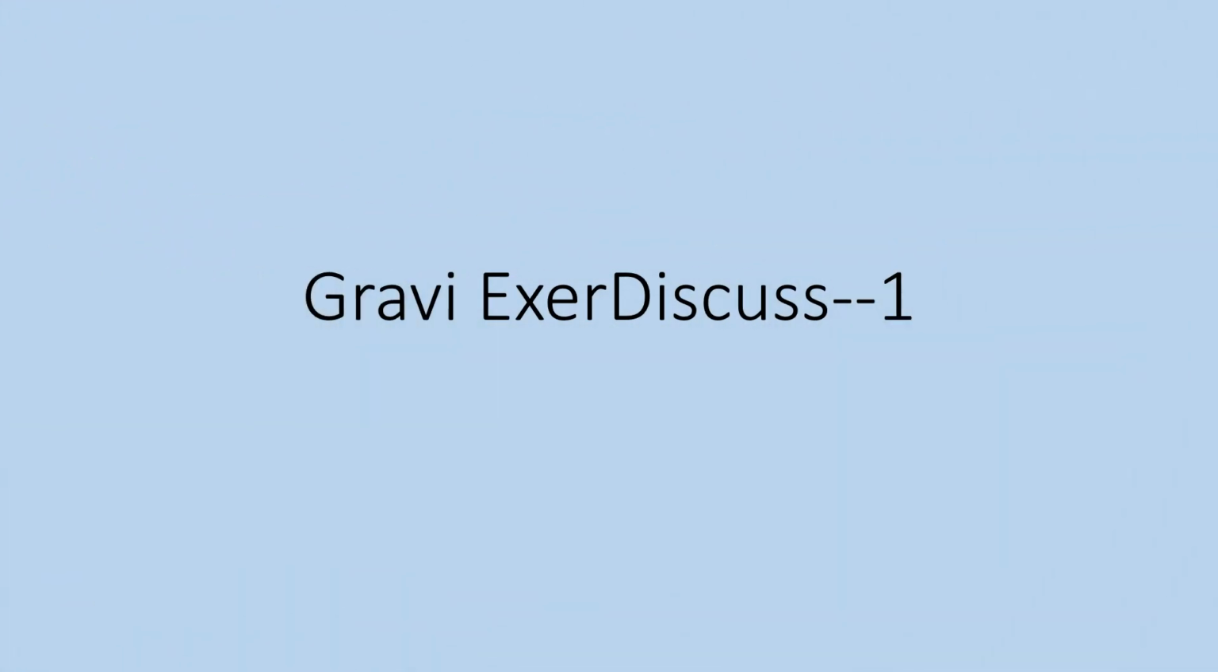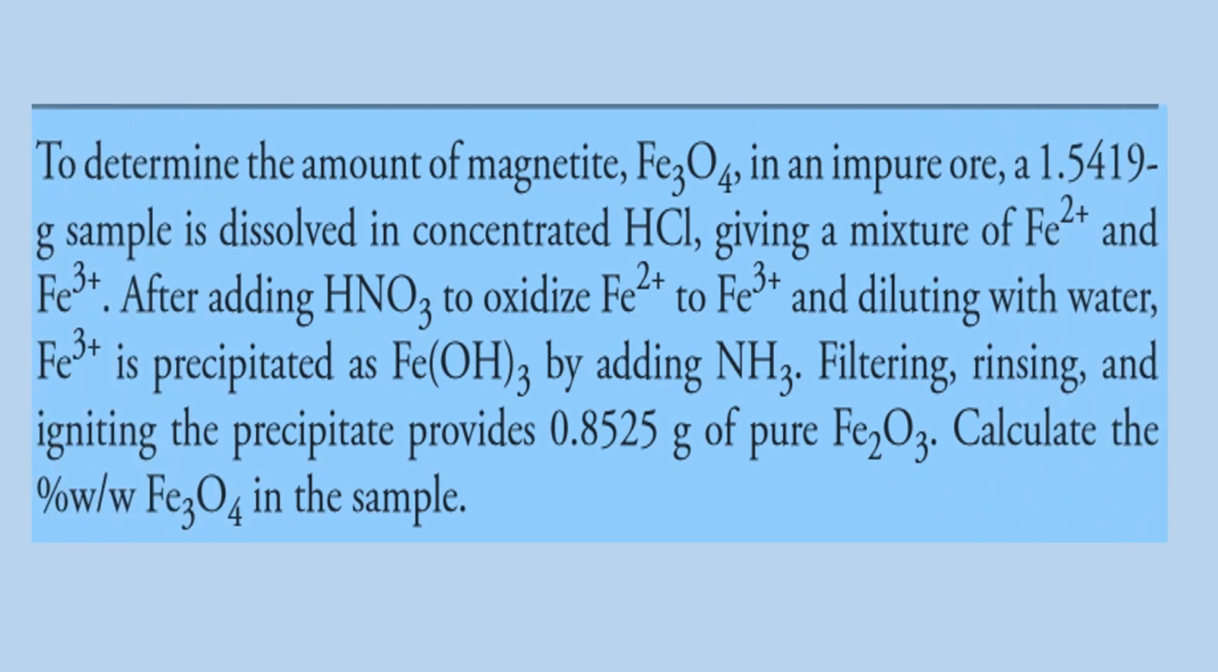Hello everyone, let us discuss one of the exercise problems. So the problem goes: determine the amount of magnetite. The formula is Fe3O4. An impure sample of this, with a mass of 1.5419,